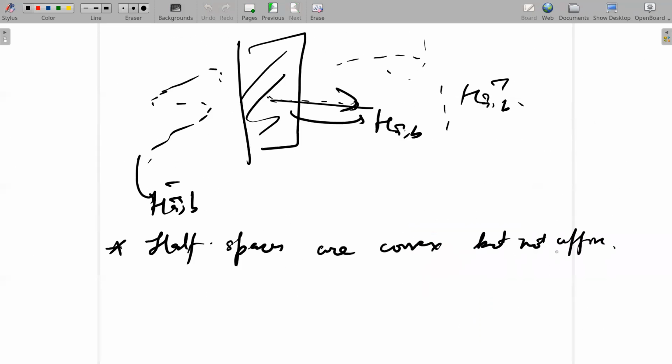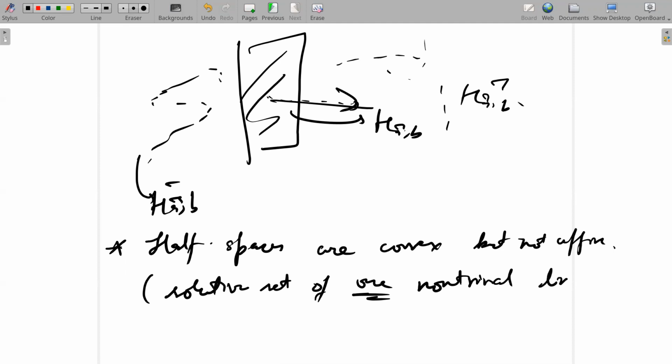So let me just explicitly write out the solution set of one non-trivial linear inequality. Hyperplane was when we had equality. So these are the very simple objects, the basic objects, the building blocks, I will say,